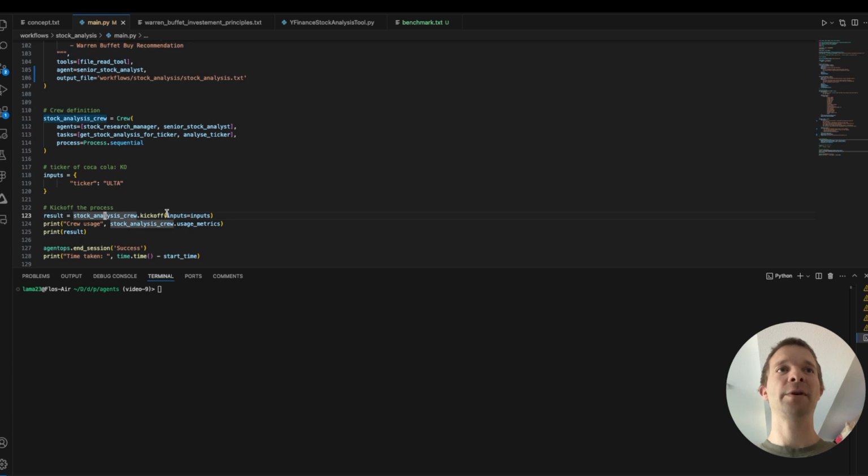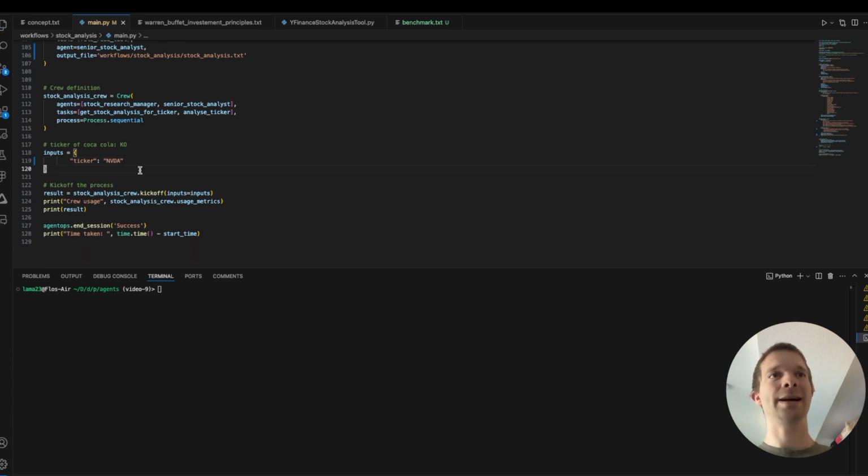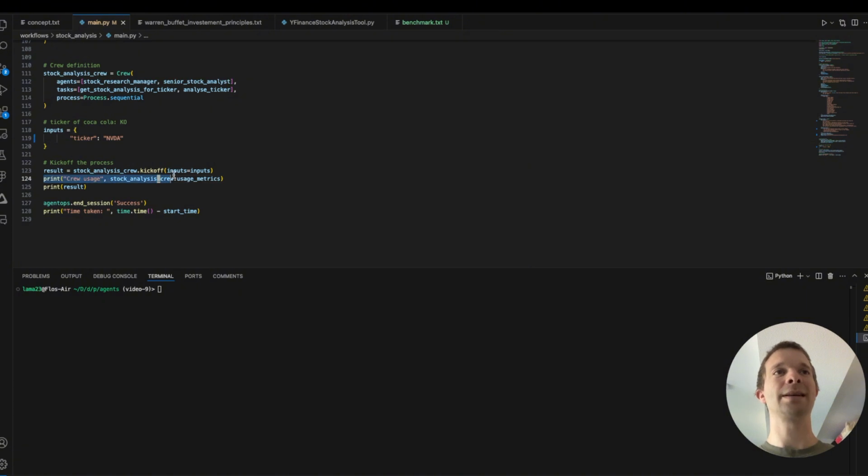Then what we need to do is to kick off the crew, and we give it the ticker symbol. In this case, it's Ultra Beauty, but we want to use NVIDIA for now. NVIDIA. And then we want it to print the crew usage metrics, which we will want to use for our benchmark. And we use AgentOps to